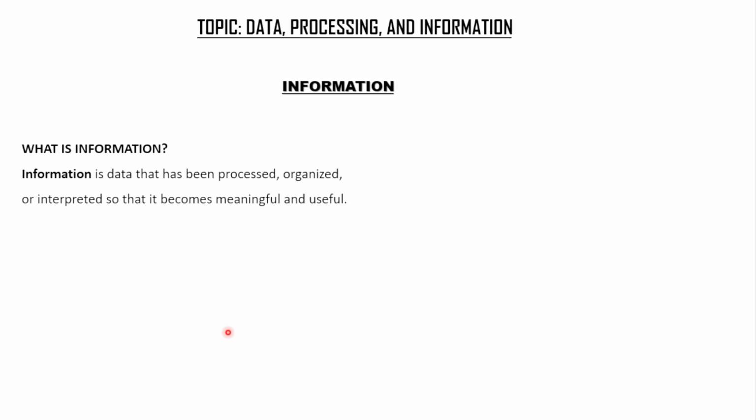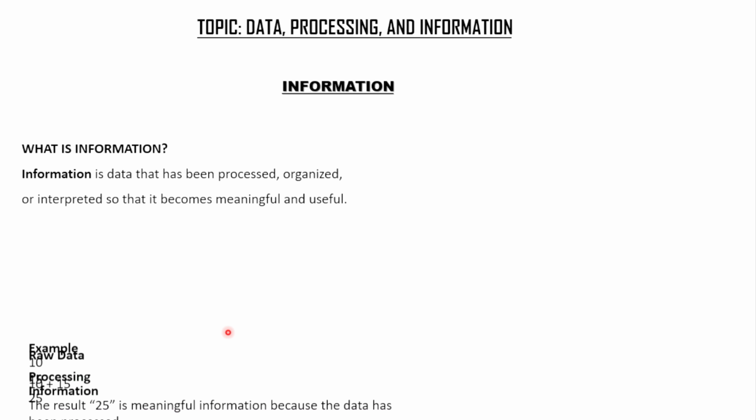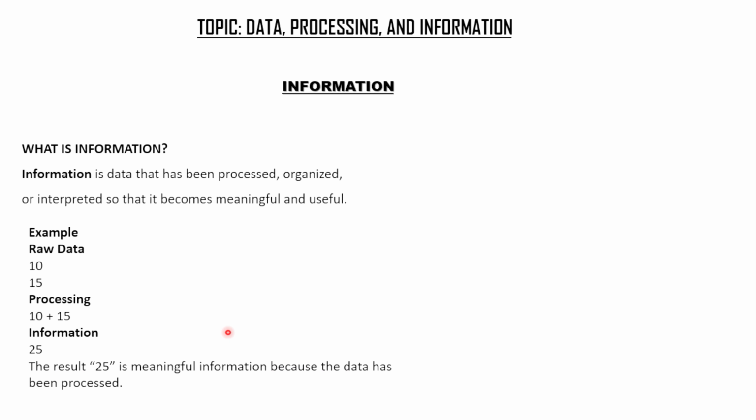So before we get information, data has been processed, organized, or interpreted before it becomes meaningful and useful, right? So information is the data that has been processed, organized, or interpreted so that it becomes meaningful and useful, right? Okay. So let's look at